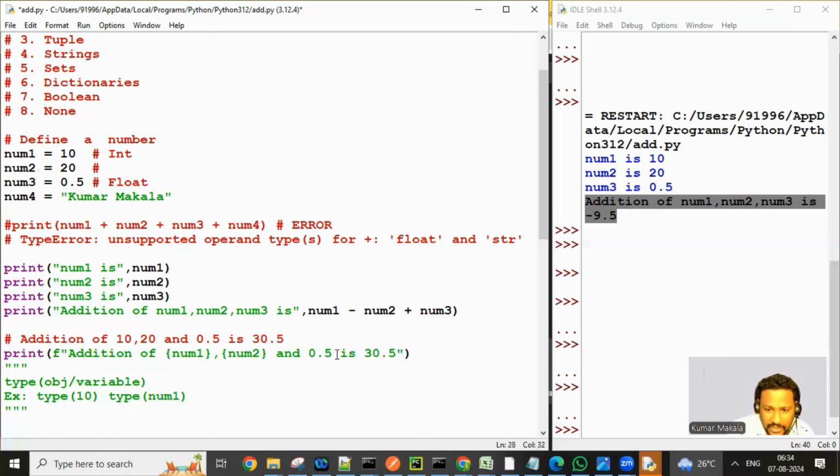And what is this? 0.5 is number 3. And what is this? Result, right? Result is number 1 plus number 2 plus number 3, correct? You should keep number 1 plus number 2 plus number 3. You got it? Now, if you run this program,